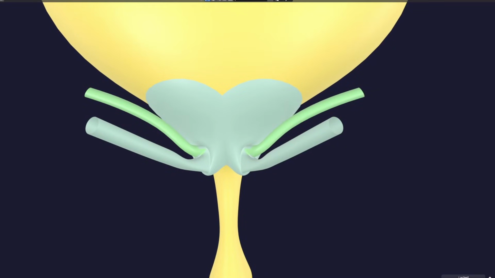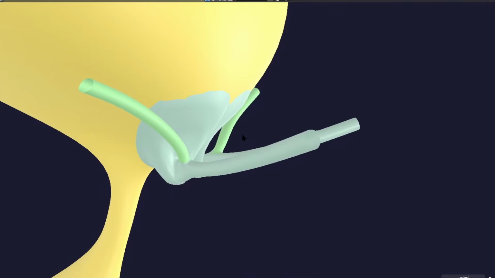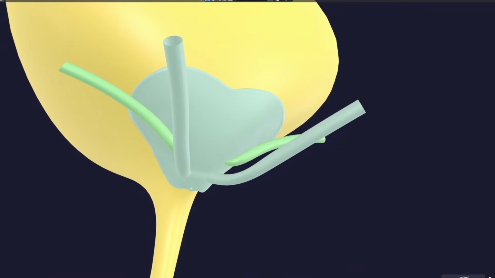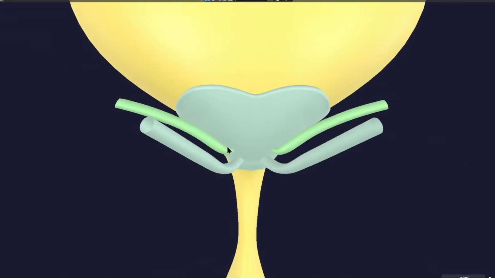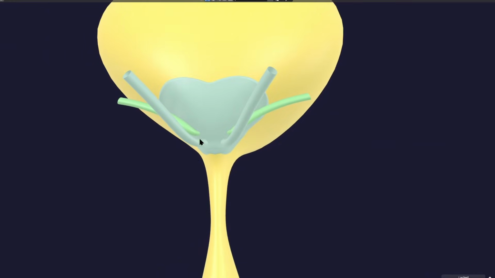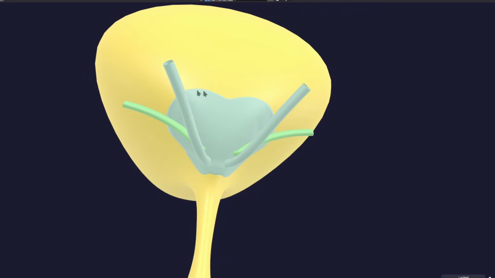Let's watch the animation again so that you really understand it properly. So let's go back. So here you can see first it swelled up, and ultimately you can see that the ureter is directly opening now into this dorsal wall of the urinary bladder. And as this distal end of the mesonephric duct got incorporated into the urinary bladder, it formed a smooth triangular structure here in the dorsal wall of the urinary bladder, and this is called